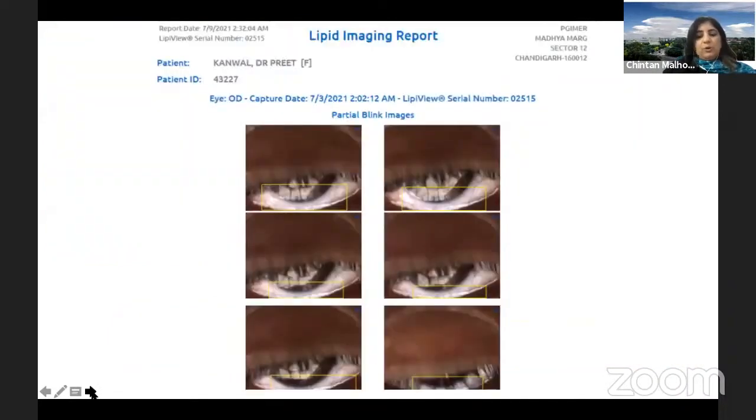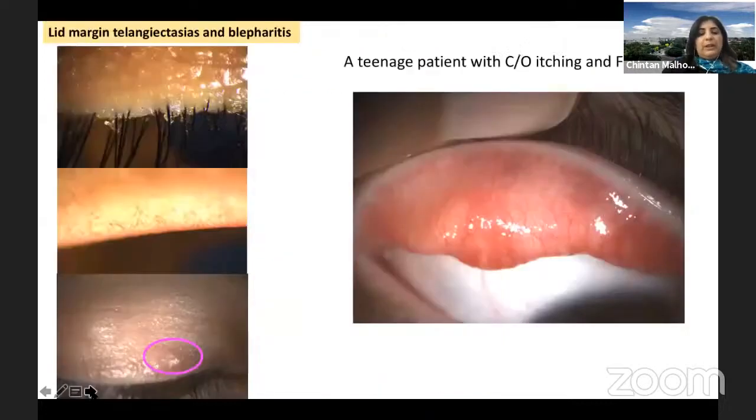And so this patient, she also had a lot of partial blinks, and she's been advised to undergo a thermal pulsation treatment. It's important to mention here that if we have more than a 50 to 75% gland loss, then thermal pulsation probably won't work. But in a case like this, where the gland loss is less than 30%, this would probably be beneficial. She has yet to undergo it.